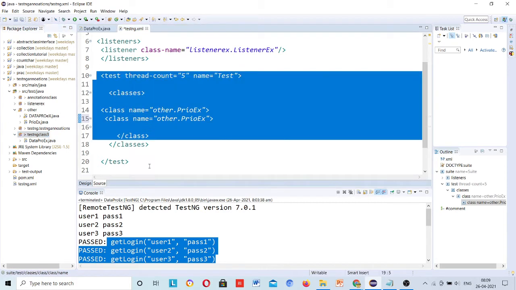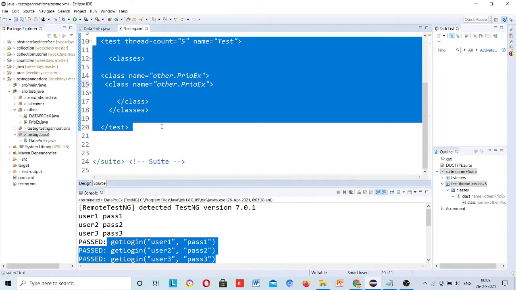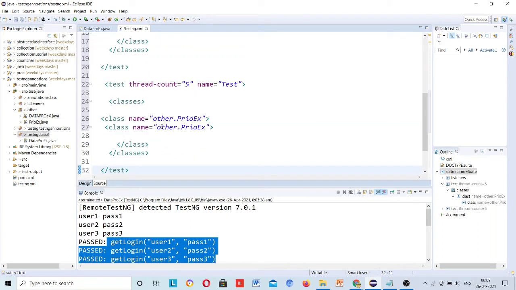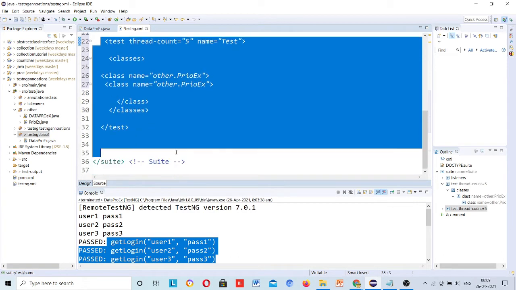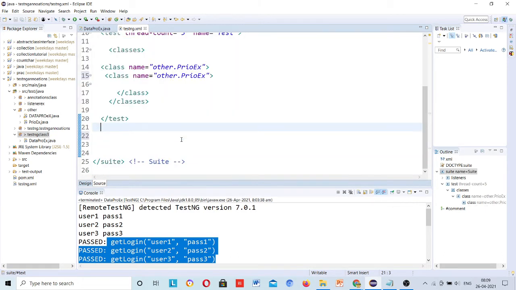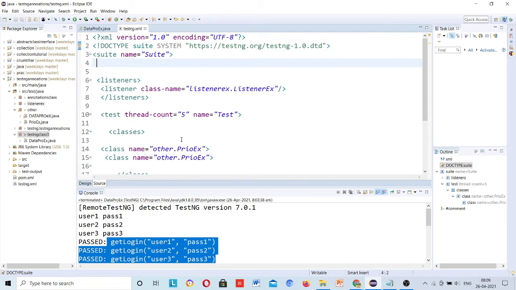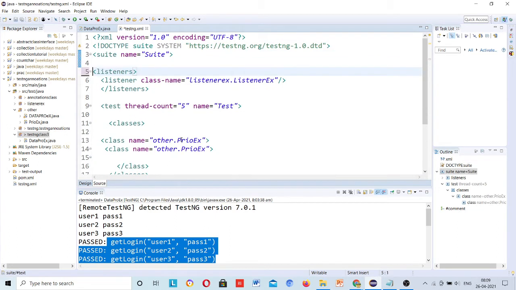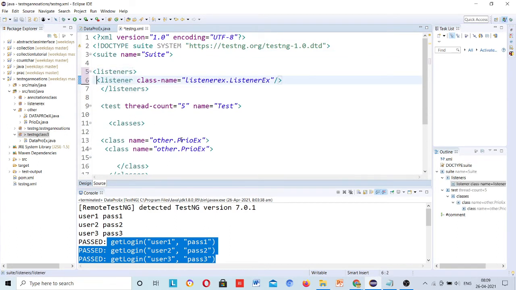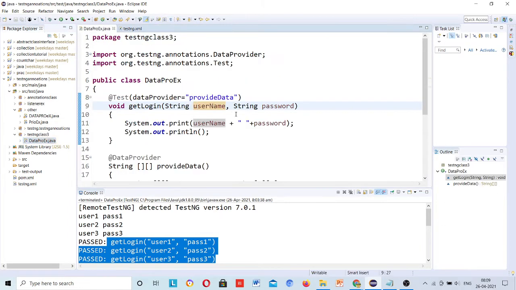Even if you don't want to create in this test folder, you can create your own test folder, a different test folder, and name each and every test folder differently. This is test, that was test, then this should be test 1 or test 2 or whatever you want, but not test. Okay, this is simple. TestNG is a concept you will never learn by watching lectures. You will learn it only by practicing it. Okay, a simple process, nothing to worry about.